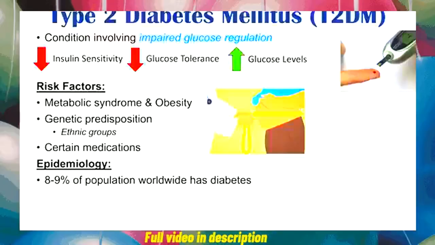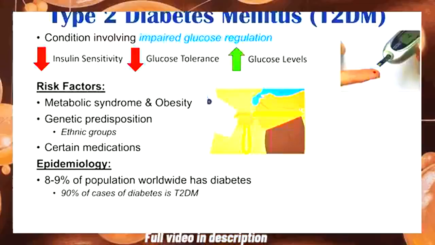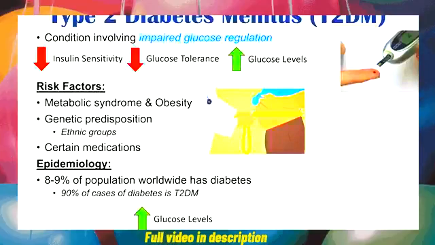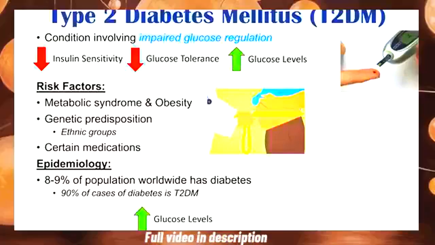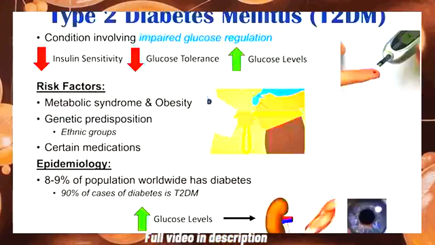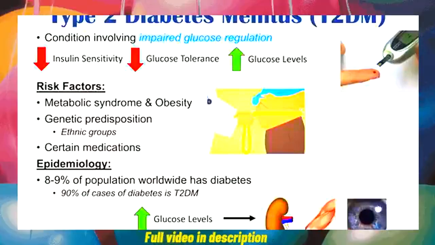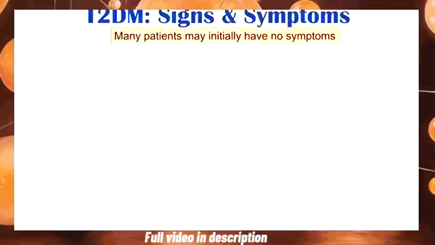And out of this portion of people who have it, 90% of cases of diabetes is type 2 diabetes mellitus. So the other 10% would be type 1 diabetes. So the topic of this lesson is type 2 diabetes causes certain signs and symptoms and associated conditions. So it all has to do with increased glucose levels affecting certain organ systems. We're going to talk about each of those in the next upcoming slides. It's first important to note that many patients may initially have no symptoms at all. So there is a period of time when patients